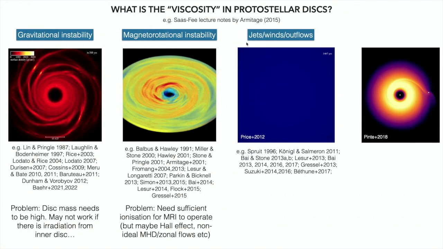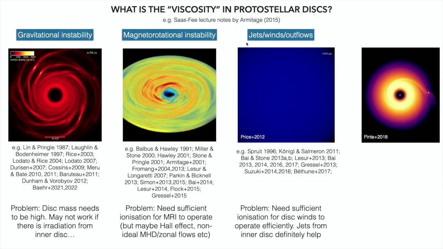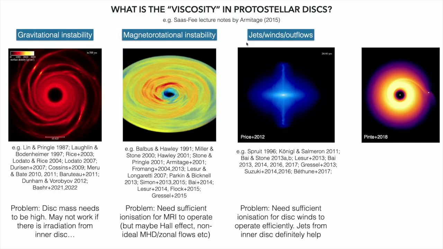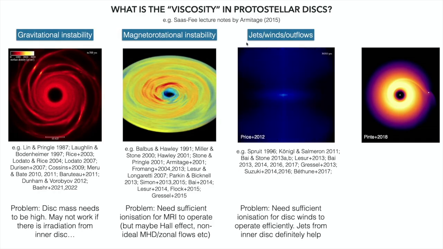Okay, so jets and winds and outflows. This is just an example I had lying around, but plenty of other people have worked on making outflows via disk winds or jets. So this is not a form of turbulence at all, but you can just lift the angular momentum up instead of trying to make this turbulent ring interaction pattern. And so some of the discussion that's going on in protostellar disks at the moment is whether we're doing a more viscous-like evolution of disks or some sort of wind outflow-driven accretion. And this is an interesting discussion.